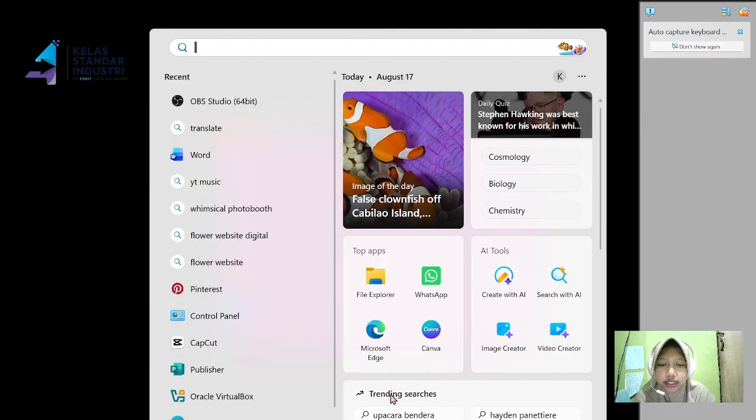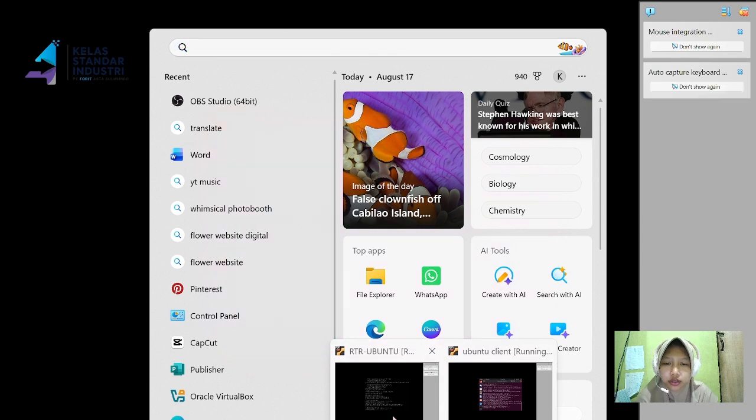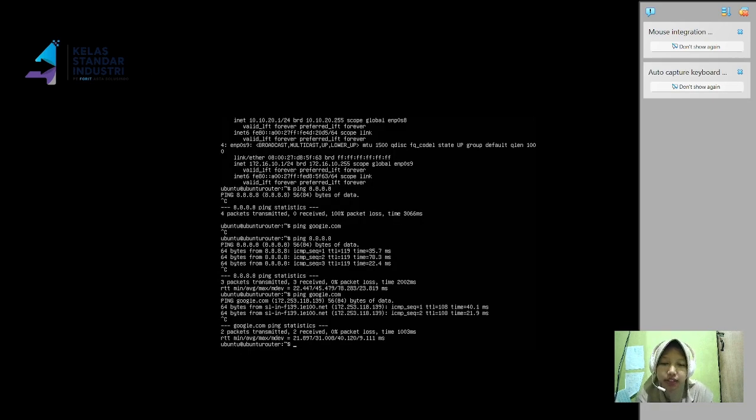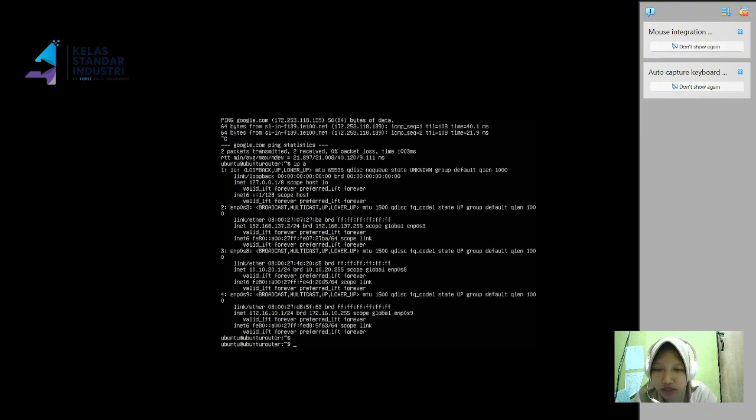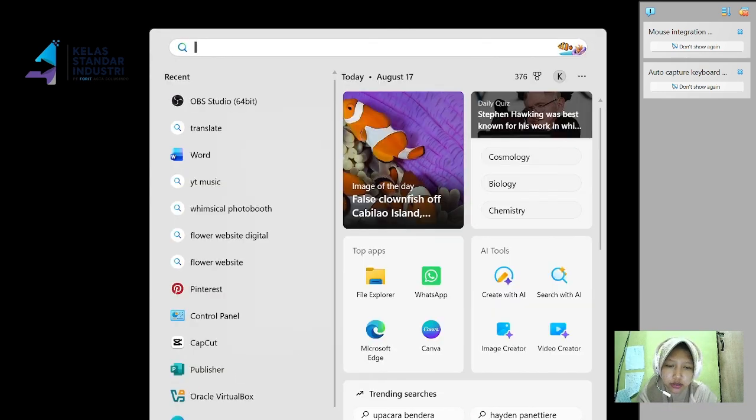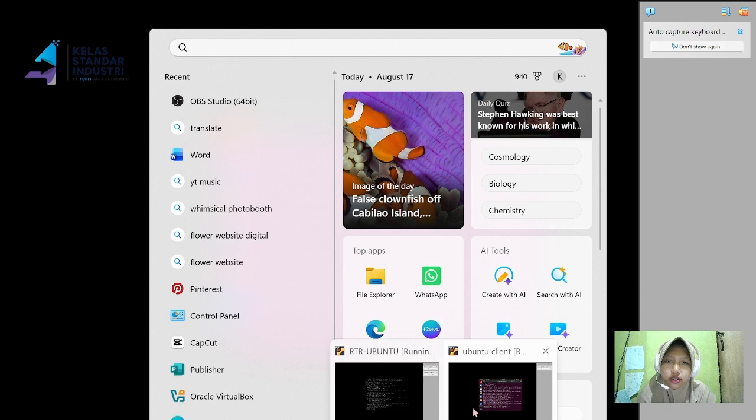The process is complete, then we can go back to the router Ubuntu and we can check the IP address and the interface. So I use the interface enp0s9 for connecting the client and router Ubuntu. Next, we can go back to